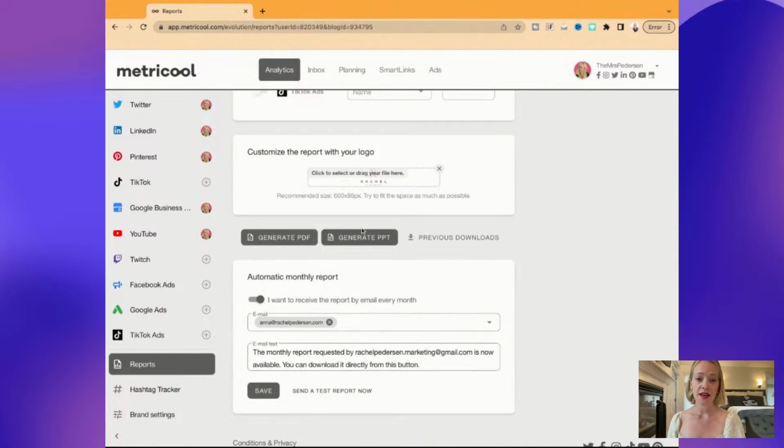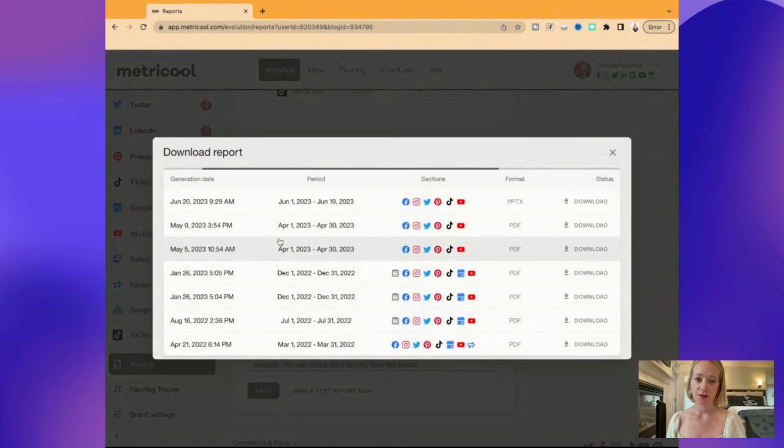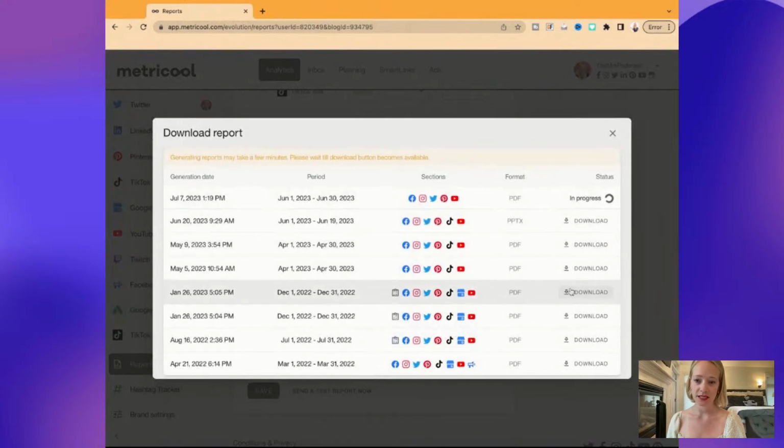You can generate PDF or generate PowerPoint. You also can access past reports that you've generated. So if you need to present it as a PowerPoint, you can do it right here. If you want it to be more PDFs, you can send it over Slack or email. That's probably the best way. But you just hit generate PDF and it just takes a couple of minutes. And you can see I usually do this once or twice a month, most months, but not every single month